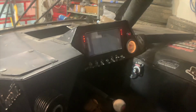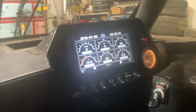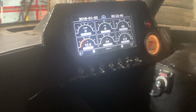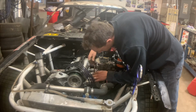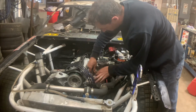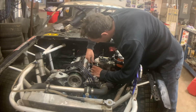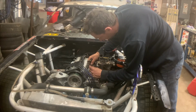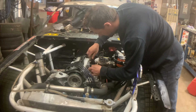Moving into the dash, everything's wired up. So I got my new switch for the water pump. I got a dummy light for the oil pressure, but I think I got it wired wrong because the light only comes on when there's no oil pressure. So I gotta figure that one out, or change the sending unit. One of the last things left is the throttle return spring. I had something worked up with these existing springs originally, but I couldn't remember how it was. So I had to kind of reinvent it, and now my springs are a little too long. So I'm going to do the old spring chop